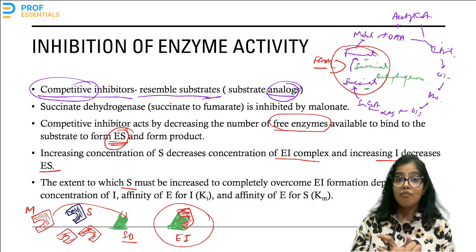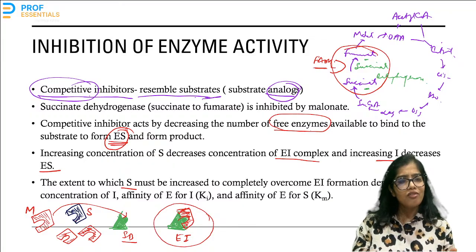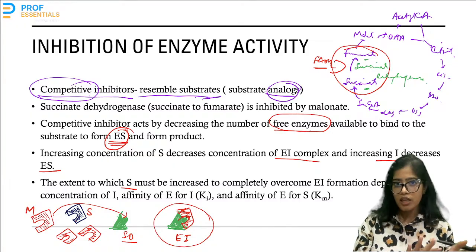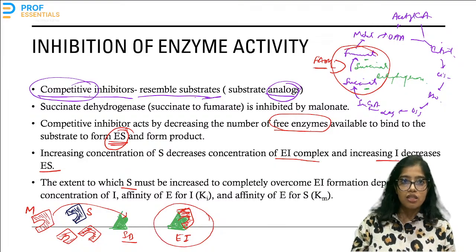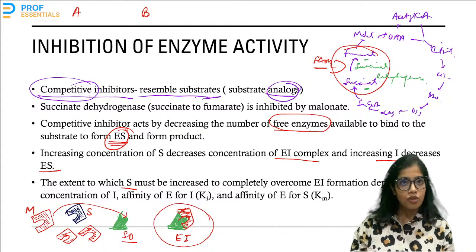If the enzyme likes the substrate more, then the concentration of the substrate will need to be increased only by a little to overcome the inhibitor. Okay, now suppose there is this boy A who likes this girl B. Now here comes another competitor for B, that is C.